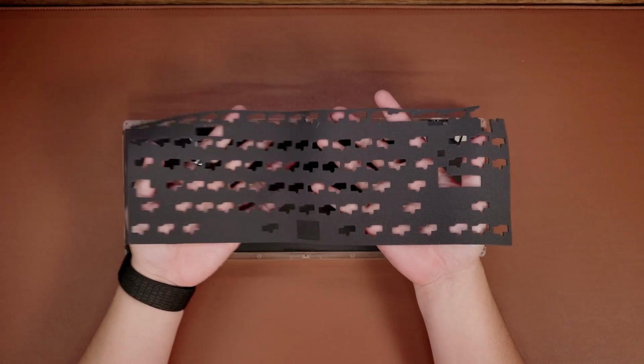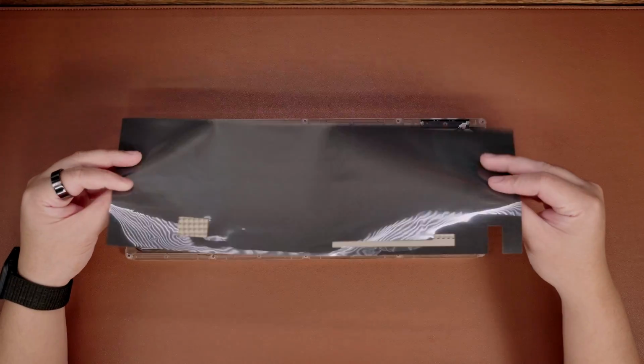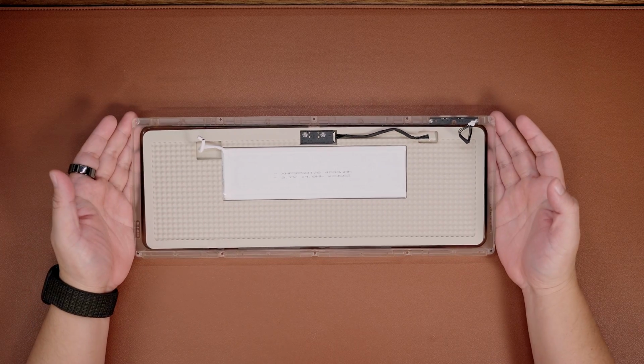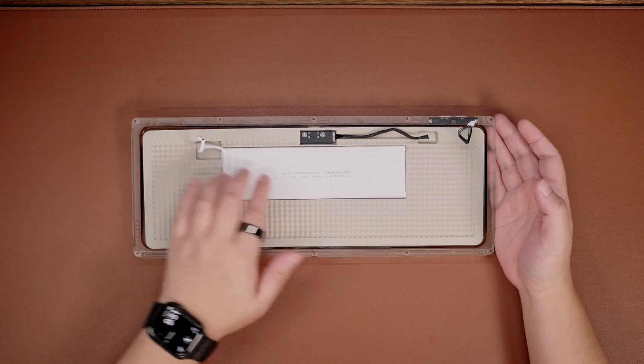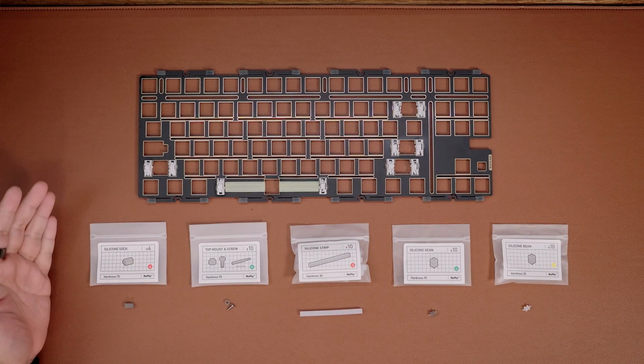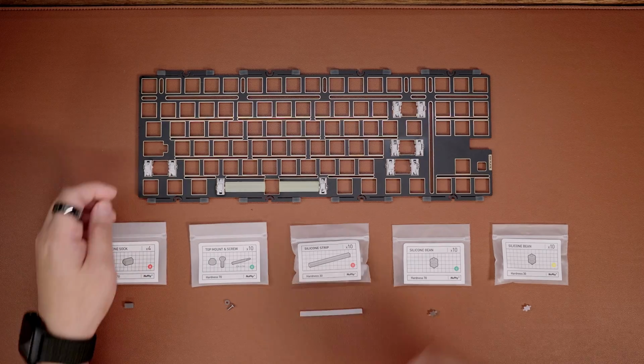On the bottom case, we have 2 more poron foams for a total of 3 for this keyboard, and a dense silicone dampener that also protects the 4000 mAh battery. And lastly, we have the daughter boards for the USB port and switches. Now, as I pointed out earlier, we have a bunch of different mounting options here, and by default, we have